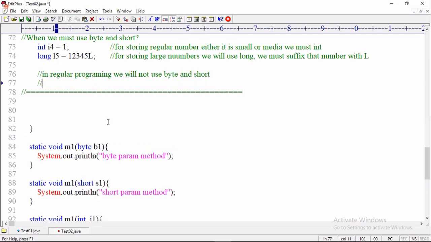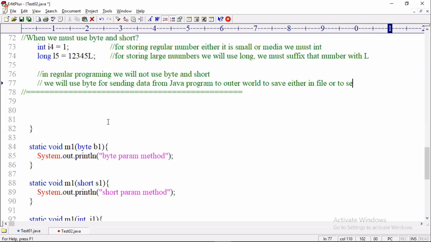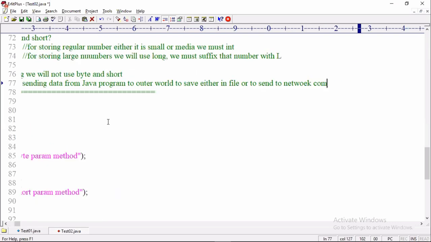Then why are byte and short given? We will use byte for sending data from a Java program to the outer world, either to save in a file or to send to a network computer or network application, whatever.